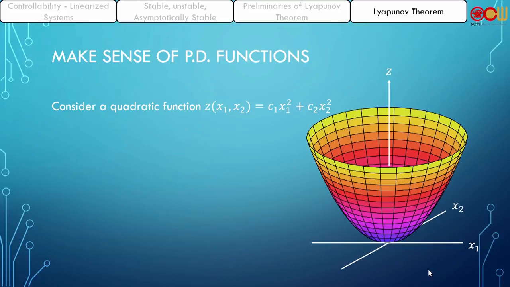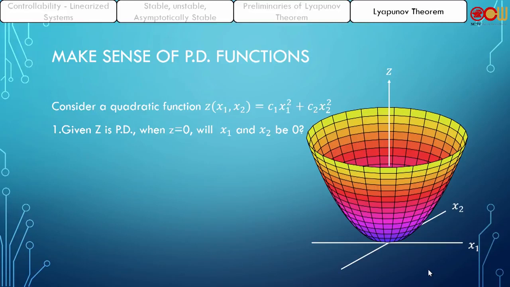C1, C2 are some constant coefficients. It could be 1, 1. We just mentioned 1, 1, right? And 1, 1, 4, which is here, okay? And all these types of quadratic function will be positive definite because it's 0 at 0. Okay. So if z is PD, this function is PD, and when it is 0, x1, x2 will be 0,